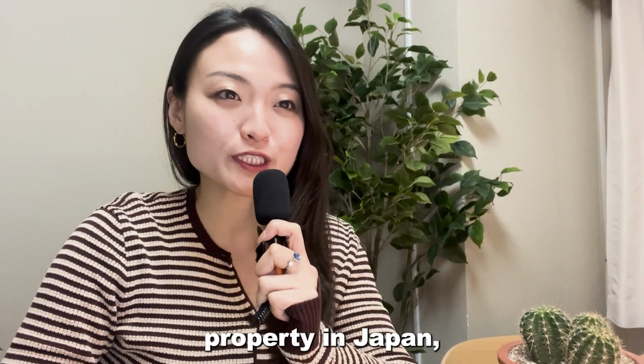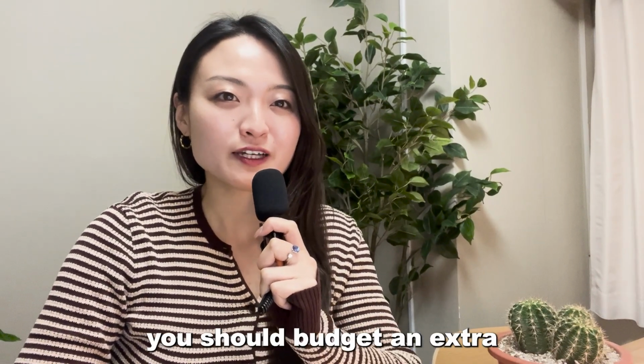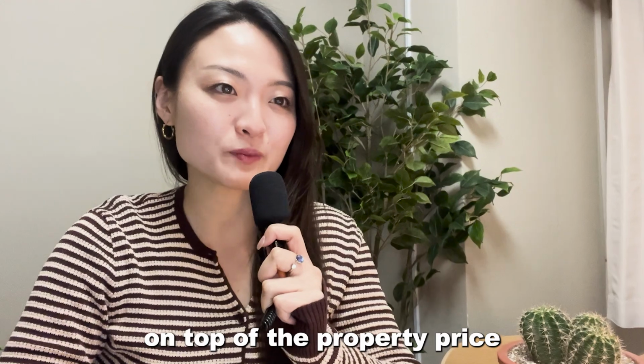When purchasing property in Japan, you should budget an extra 8 to 15% on top of the property price for